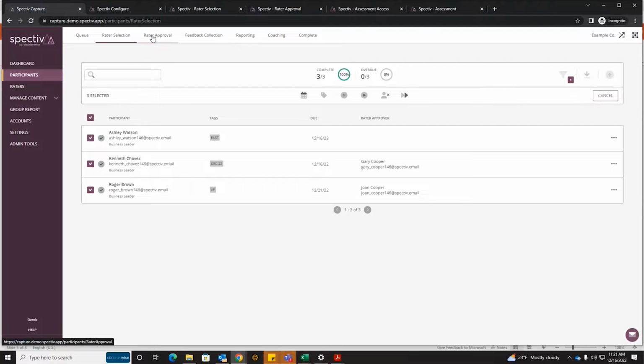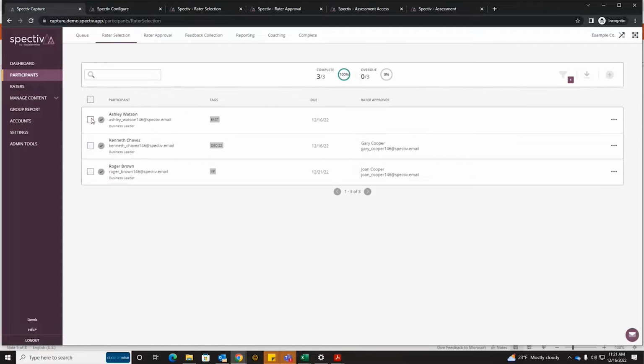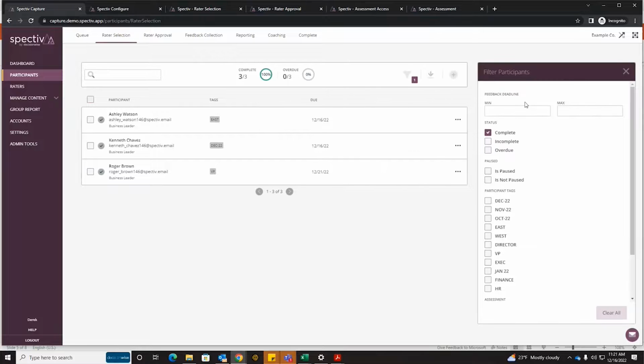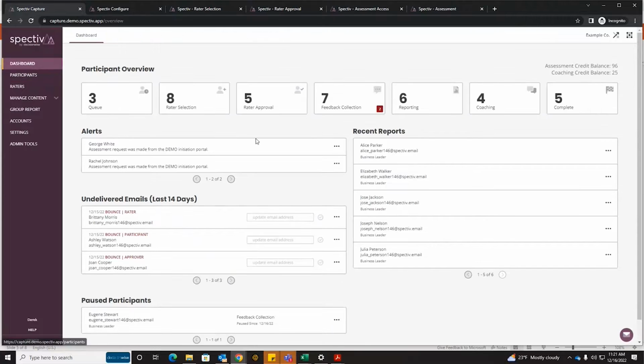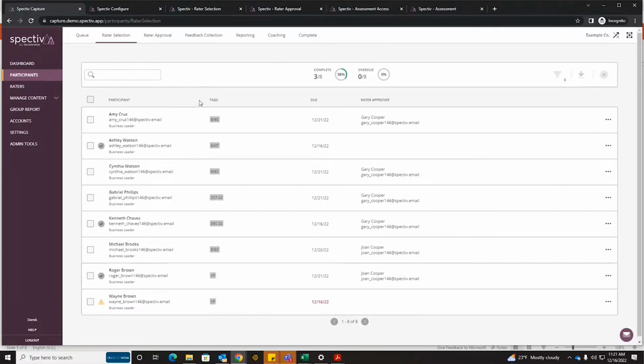They would have 3 business days for their approvers to approve and then jump them into feedback collection. So the nice part about it is you can move raters manually through the process. However, for a hands-on experience and to typically keep cohorts together, the system is built to check for the deadline and for completion. So for any of these phases, if the participant has completed that phase or they've received enough feedback or they've received approval,